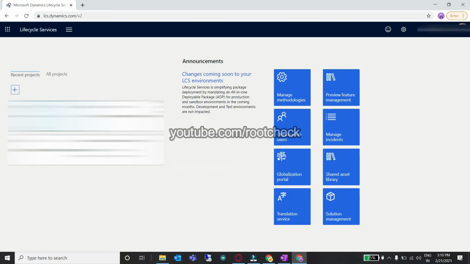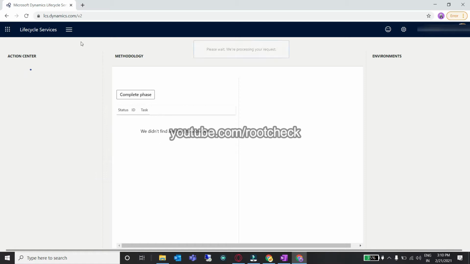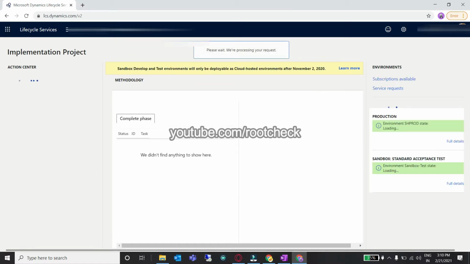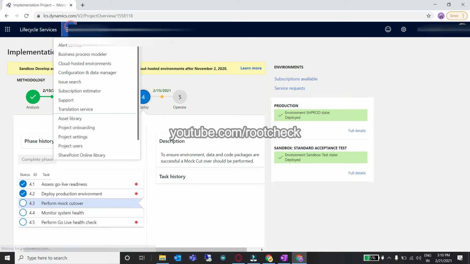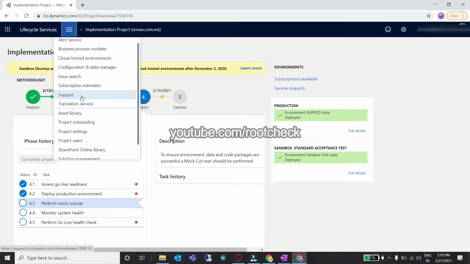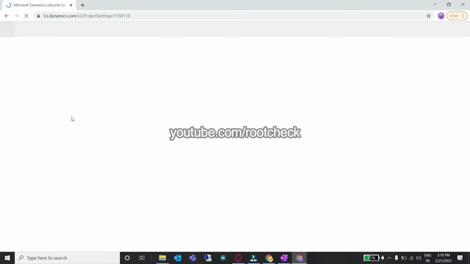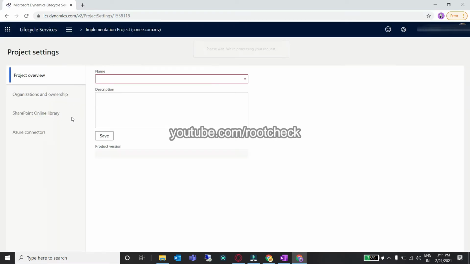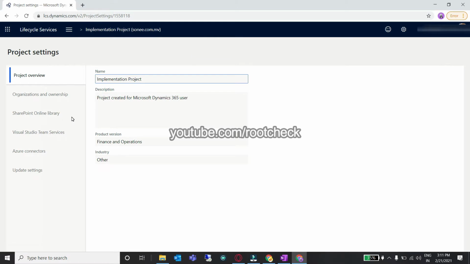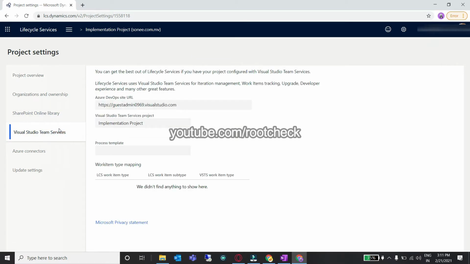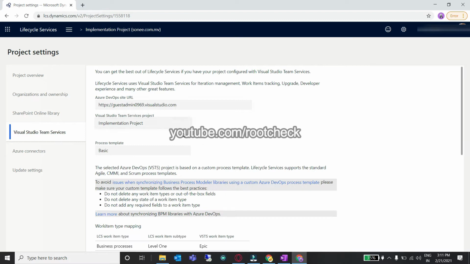In this video we will see how to configure RSET for the cloud hosted as well as the UAT environment. First of all we would start with a separate project for the RSET in LCS. Basically you would need a different project other than the implementation project or the main project which you are using for the development, because with the implementation or the main project you have already configured the Azure DevOps or VSTS configuration for that project. So we would need a separate VSTS connection for the RSET test cases.